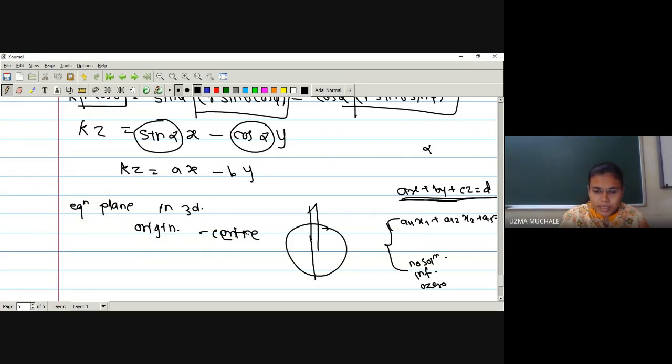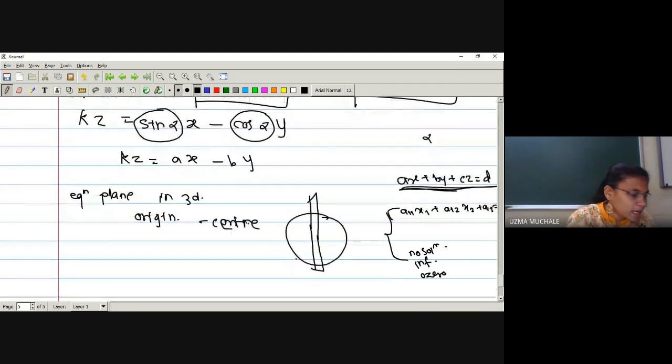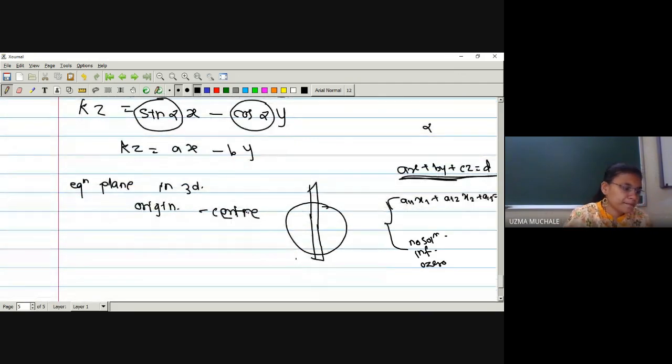So what will be the intersection of these two, the plane and the sphere? Both are from the center itself, na? Because this equation does not involve any constant term d. If the constant term d is 0, this is nothing but the equation of a plane passing through the origin. If you insert this inside, it will pass through the origin, which is the center of the sphere. What will be the resultant intersection of the two?